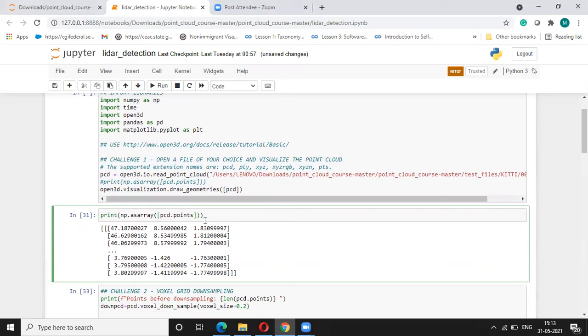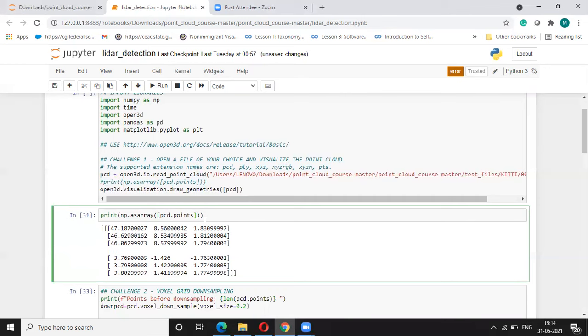Then the next thing is, once we visualize that information, we can also get information about what exactly is inside that PCD variable. We can get an idea about how many points are inside our point cloud using the print length of PCD dot points command.